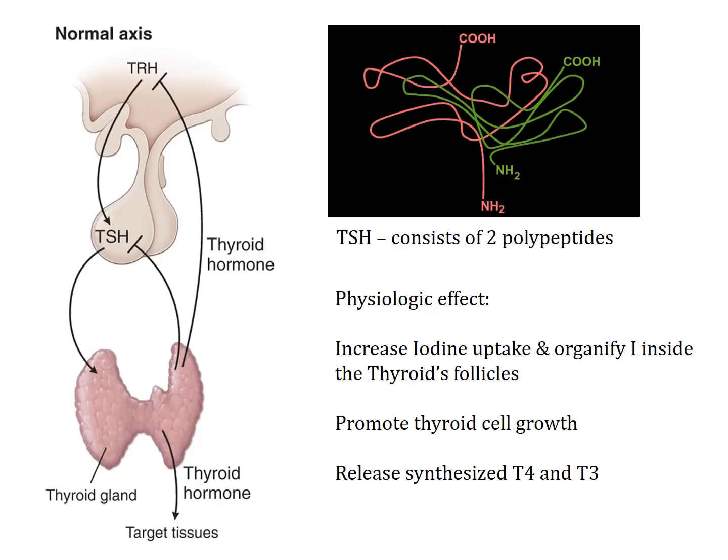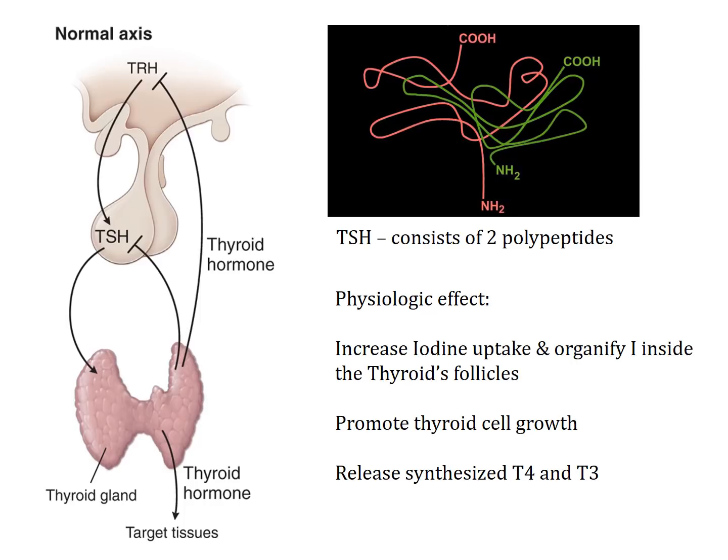When we have enough thyroid hormone and the body wants to shut down, remember the end organ hormone, in this case T4 and T3, can feed back in both long or short loop, long loop to the hypothalamus, short loop to the anterior pituitary gland, and put the brakes on TRH and TSH. TSH is actually a protein hormone. It's made up of two different proteins put together. And what does TSH do? TSH has its effect on the thyroid gland.